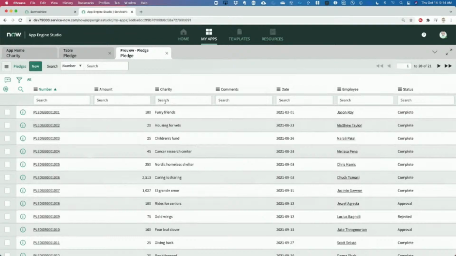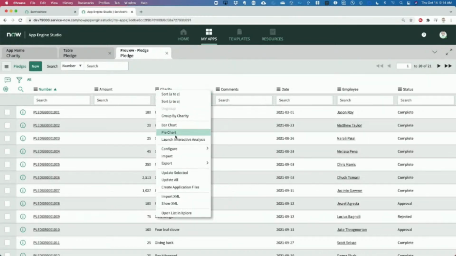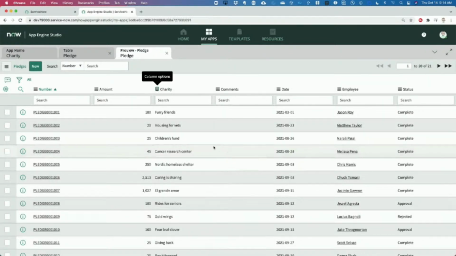And here are my records. Look, I've got 21 of them. It's a wonderful thing. But this layout isn't exactly what I want. So I can take any one of these field headers, go down to Configure List Layout,